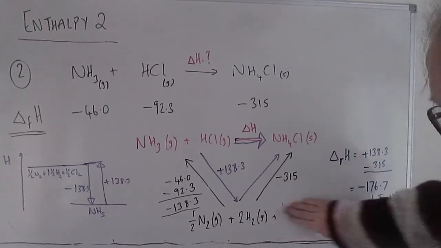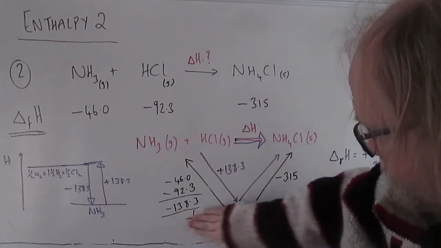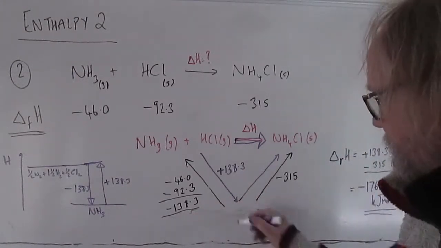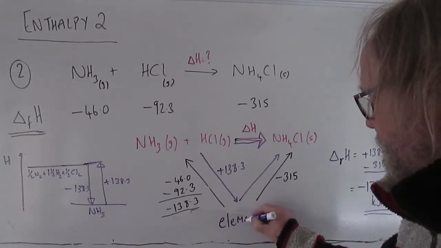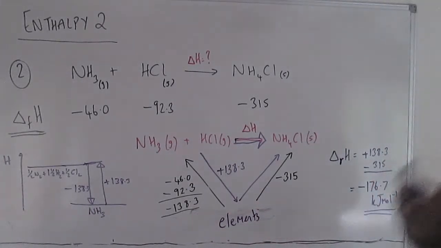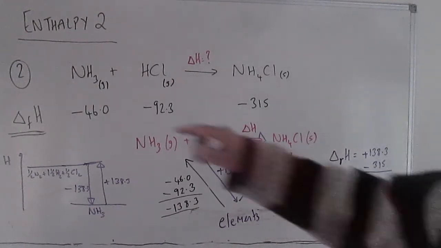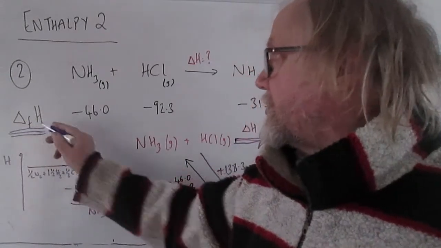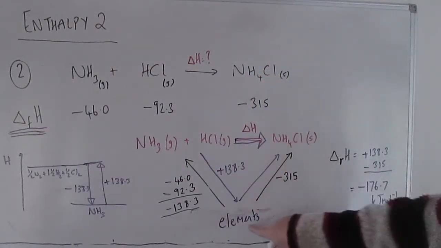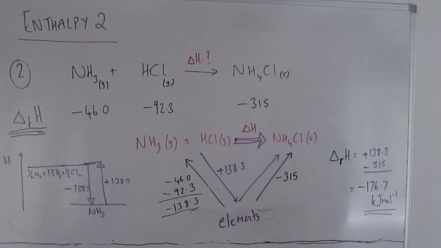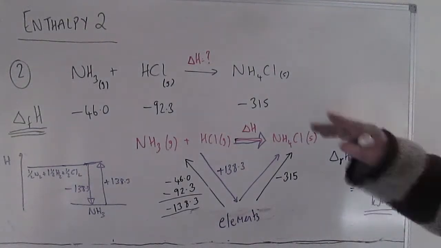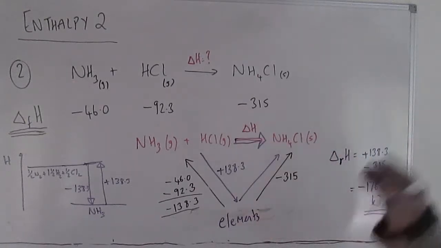So what I would often do, and I think it's fine to do this, is to just simplify this by just writing elements at the bottom, because it doesn't change the calculation in any way. It just saves you time, and it saves the risk that you might make a mistake, and write the wrong formula for an element or something. The important thing though is look carefully at the data in the question and make sure those data are enthalpy changes of formation, because you can only do this and put elements at the bottom if they're enthalpy changes of formation. Some Hess's law questions, as we'll see, use different kinds of enthalpy data, and then you need a different kind of cycle.